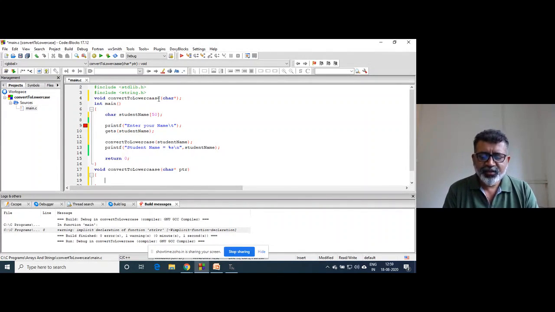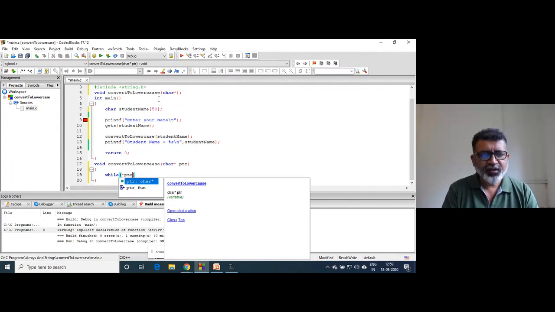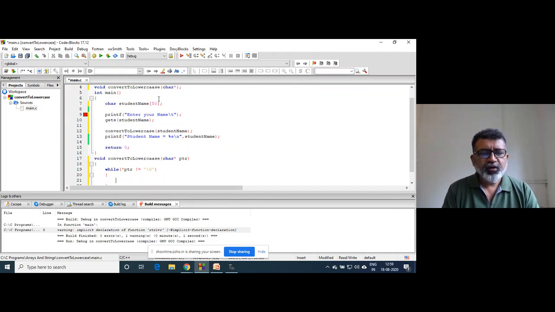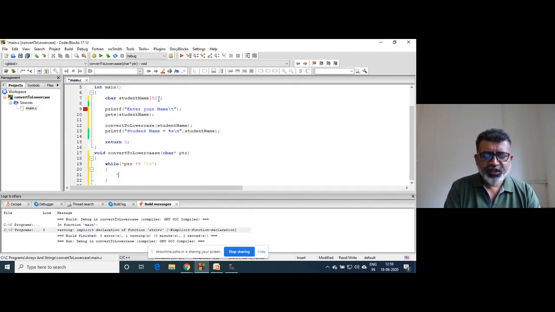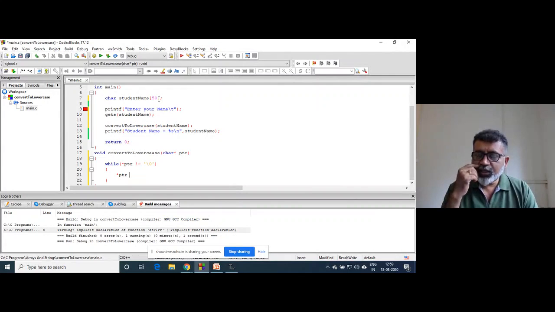So I write while star ptr not equal to slash zero, what I will do is write star ptr equal to star ptr plus 32,